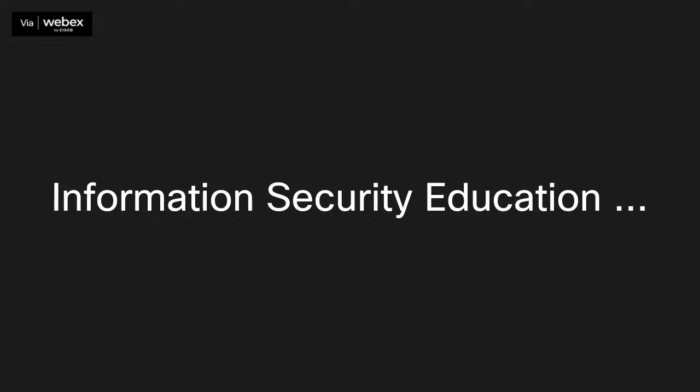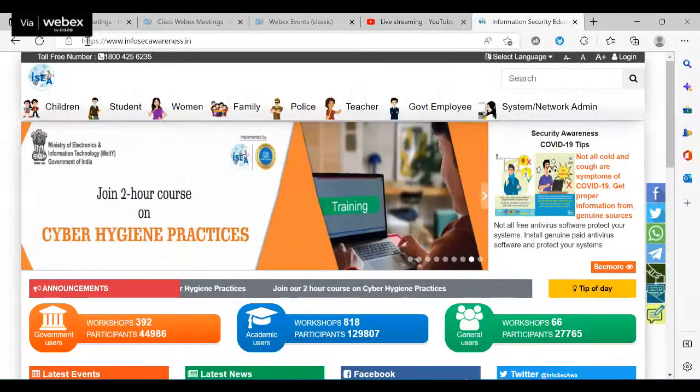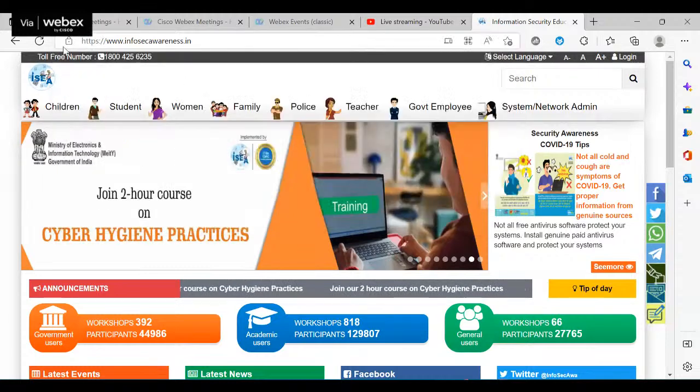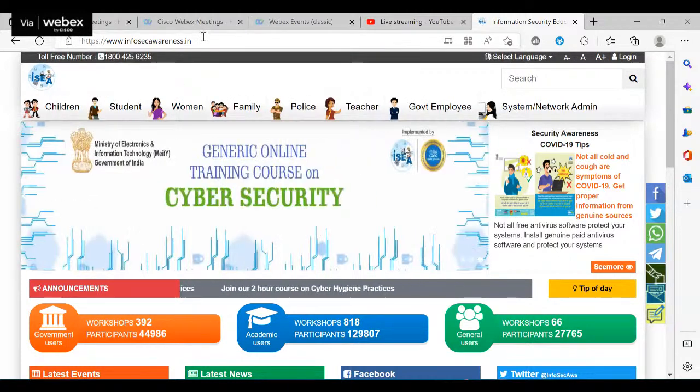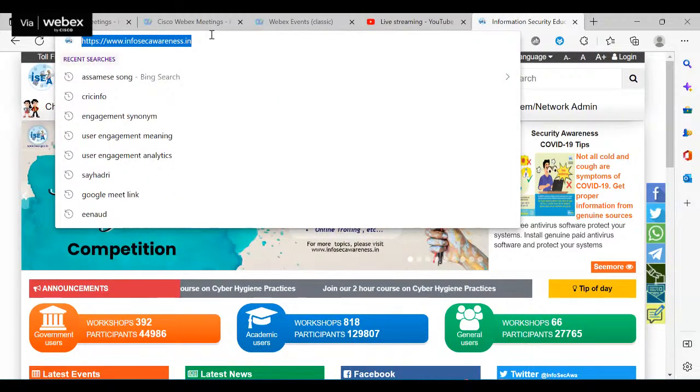Just like you have seen, in the morning also it was discussed that you should have HTTPS. I just highlighted it here. You can see the HTTPS is there, the lock symbol is there, all these things. Now is it visible, sir and ma'am? Yes, yes. Thank you so much, sir.